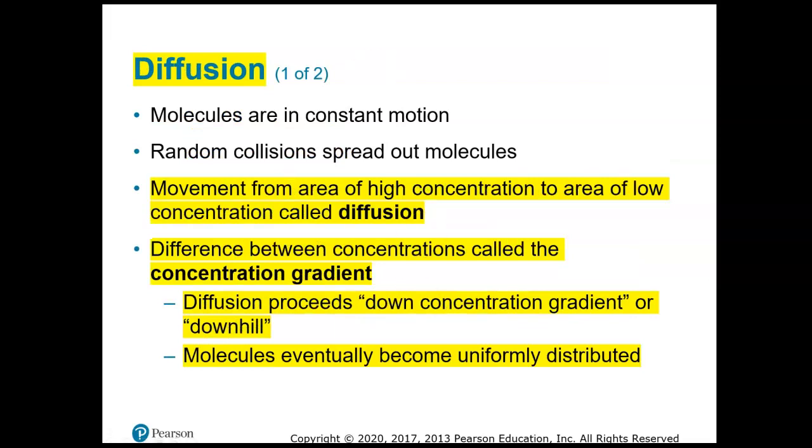So let's go through all the different examples. The first example is an example of passive transport, and it's just diffusion. Diffusion is defined as movement of substances from areas of high concentration to areas of low concentration. The difference between those concentrations is called the concentration gradient. So we say that diffusion proceeds down the concentration gradient from high concentration to low concentration until eventually the molecules